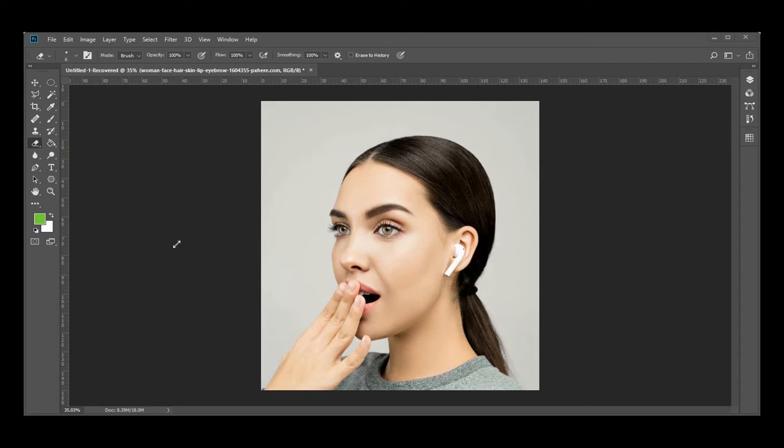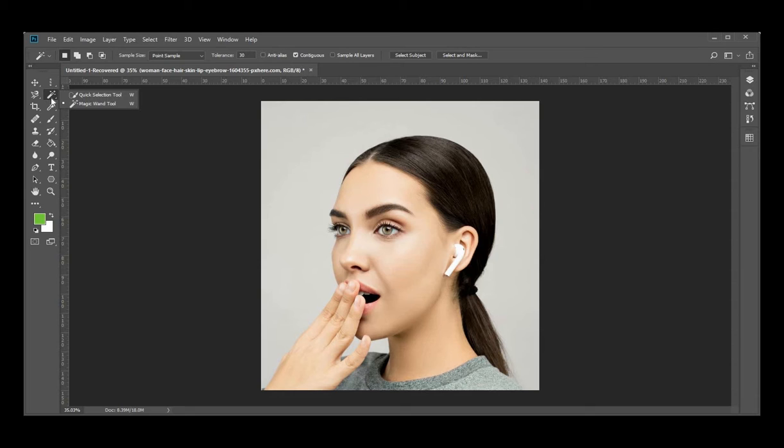This tutorial is a very brief explanation of what selection tools are. We have many selection tools in Adobe Photoshop. They are located over here. So these are selection tools, the marquee tools here, and then we have the lasso selection tools over here, and then we have the quick selection and the magic wand tool over here. Okay, you just have to press and hold it so it will pop out here